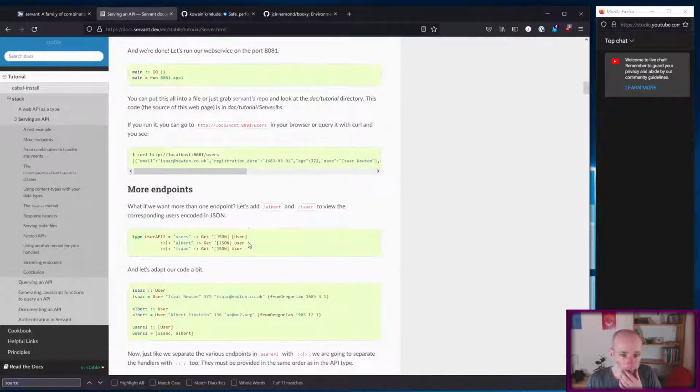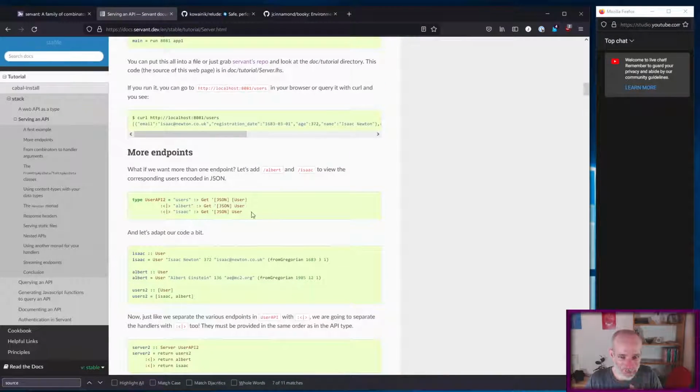So they add 2 more endpoints here. They're just creating new types. So I'm not going to bother doing that. I'm just going to grab this. So what they're saying is, I have an input for users, which is get, returns a list of users as JSON, and then a new endpoint for Albert, which returns a single user, and same for Isaac. Okay,